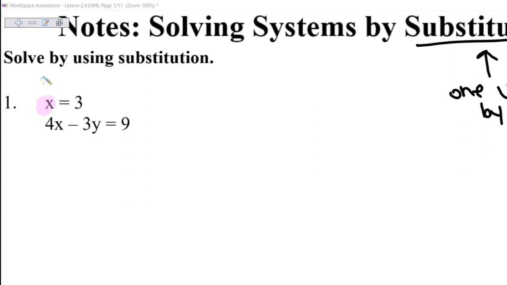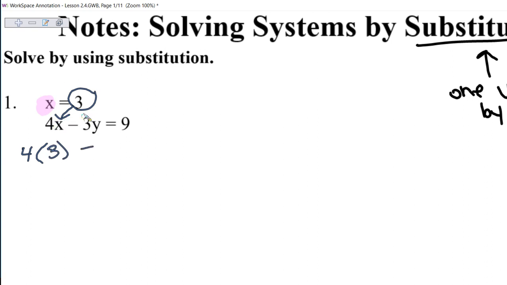So what I want you to do is circle what x equals. Now, what you circled, you need to substitute it into the other equation for x. So notice what I circled is equal to x. I'm going to draw an arrow, and I'm going to substitute it into the other equation. So instead of x, I'm going to replace it with a 3. For this equation, if there's already a number in front, that means multiply. So we need to multiply 4 times 3